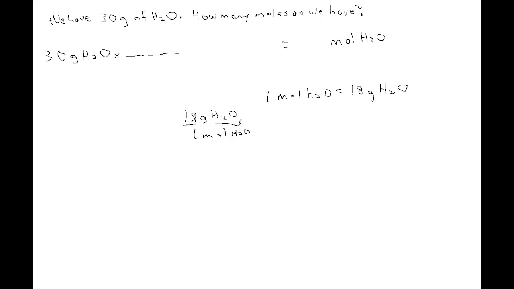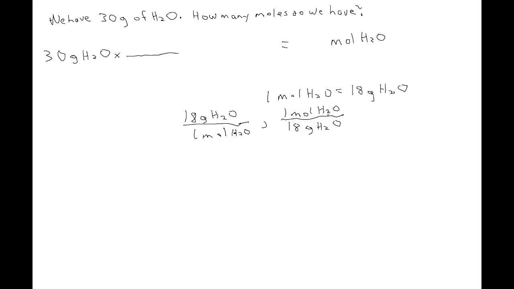But what a lot of students don't realize is that there's another conversion ratio we could write. We could also write 1 mole water per 18 grams water. So every equivalency gives you 2 possible conversion ratios because you can reverse what's on the top and what's on